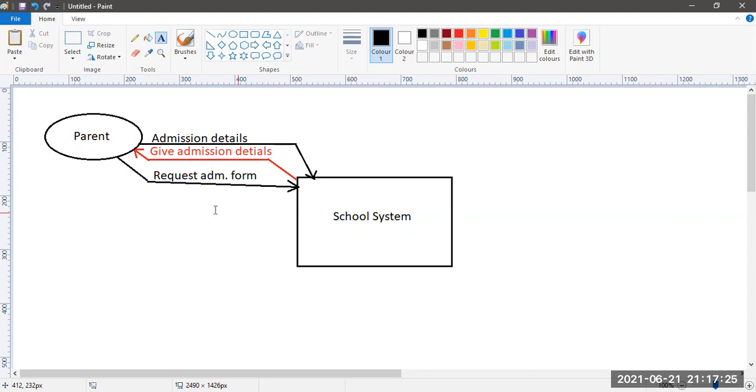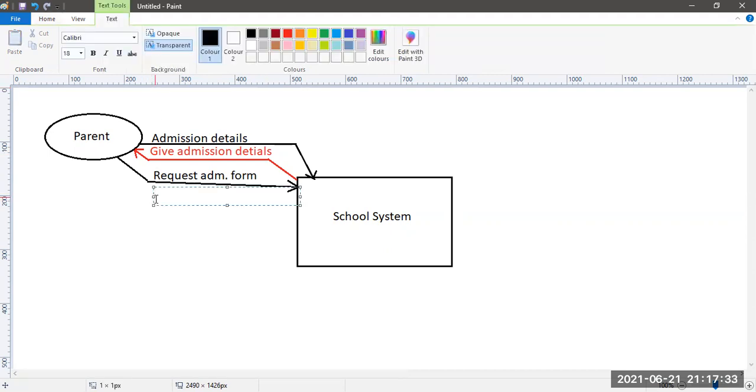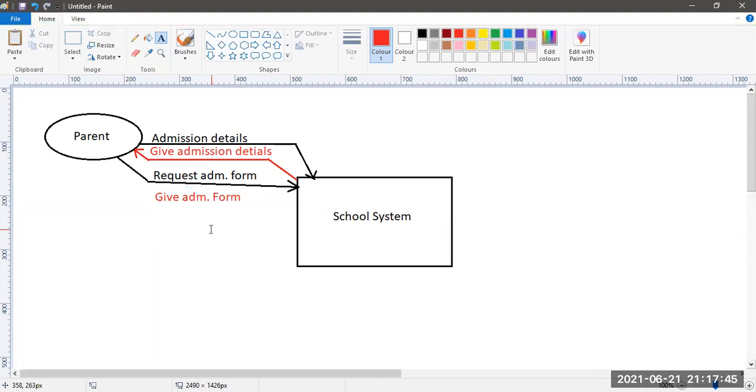Now the school is going to give the admission form. What color is that? Give admission form.